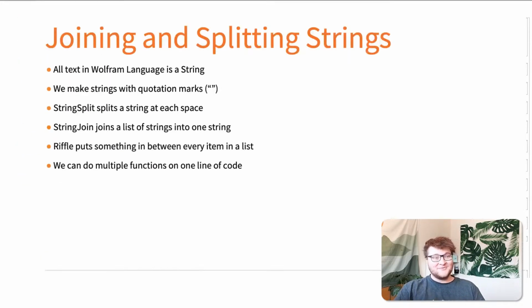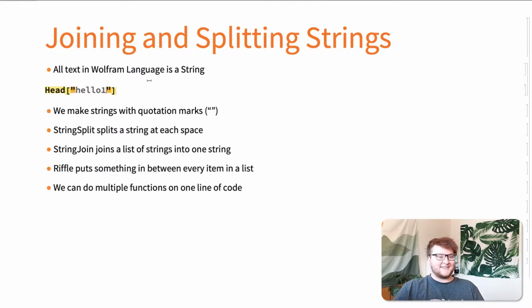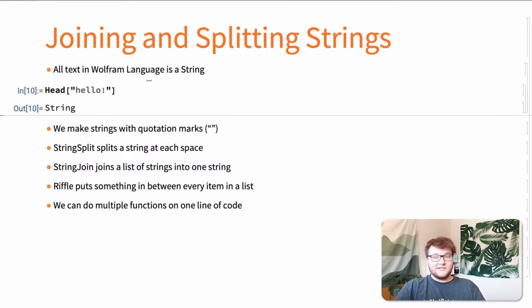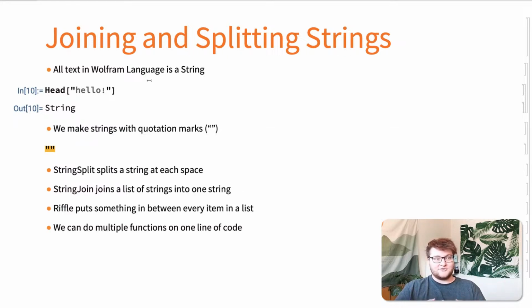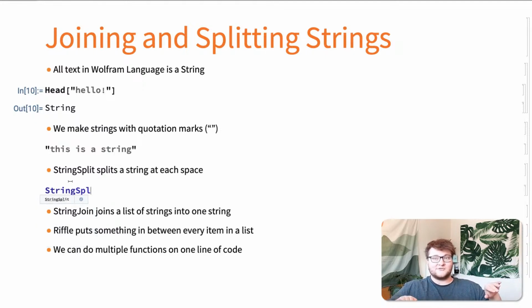So let's get a tiny bit more complicated. We're going to be joining and splitting strings. All text in Wolfram Language is a string. If we look at the head of the string hello, it's going to tell us that it's a string. We write strings using quotation marks: quotation marks, the string, end quotation marks, gives us a string. If we have multiple words in a string, then we can separate them using a function called string split, which automatically splits the string at each space. So if we type in our string with multiple words, then we're going to get out our nice list of